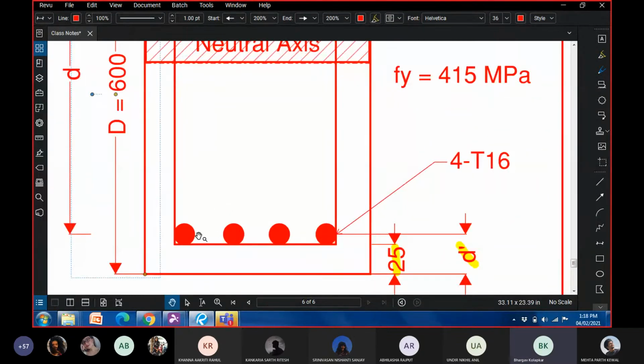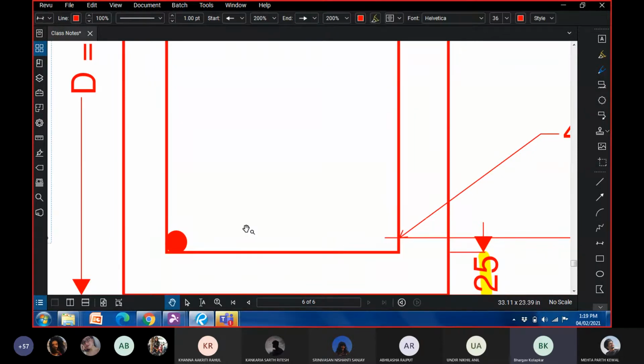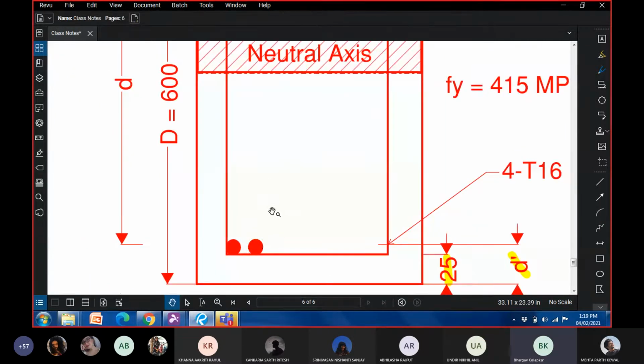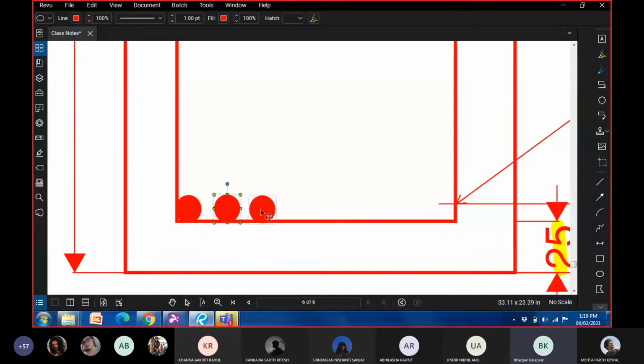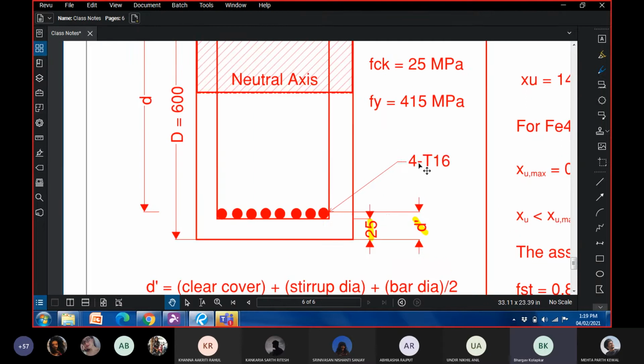then now it is reinforced with 8 bars. Now it seems a little practically difficult or almost impossible to fit in 8 bars of 25 mm diameter, but nonetheless this is what is given in the question without mentioning if the number of layers is 1, 2, because depending upon that our effective depth changes. So I don't want to get into complications right now by giving 2 layers and then changing the value of d. I'll just keep it simple right now. So just assume that all of them are fitted in one layer. So if 8 bars of 25,